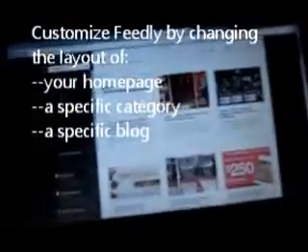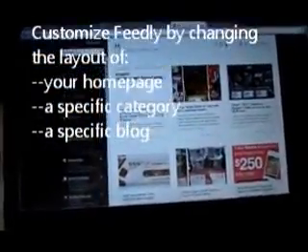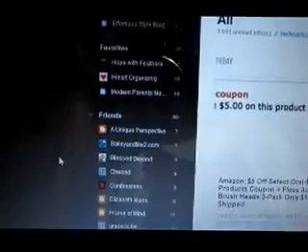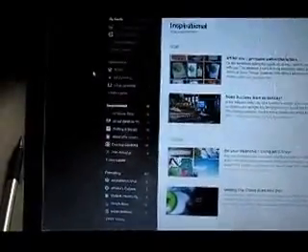Okay, and you can use these customizations for your home page or for any of your categories. Over here on the right side at the top I have favorites, then I have friends, and let's see what else. I have a homeschool section, inspirational, parenting, photography. So I can customize any of these categories with the same look. I could customize inspirational, which I did, as having the magazine look,